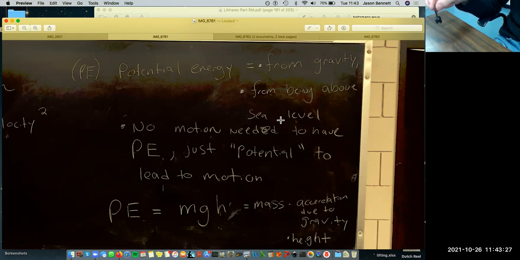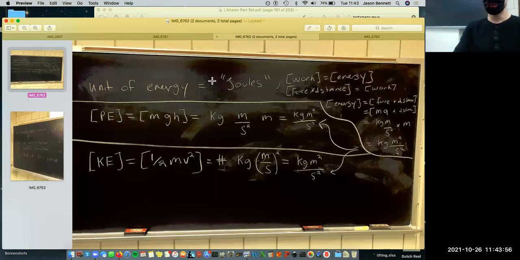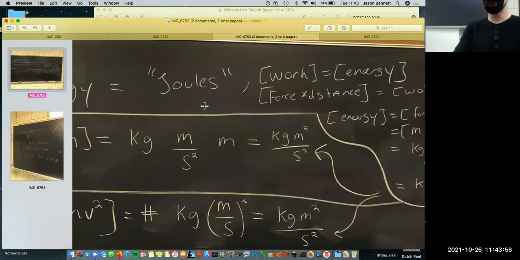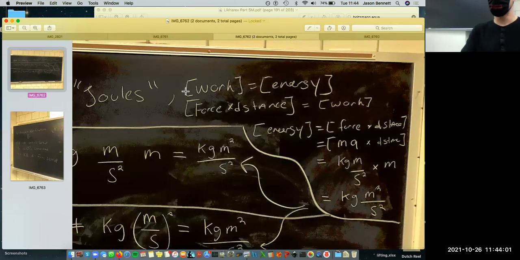And we write this mathematically as the mass of this hanging thing times the acceleration due to gravity, so that would be like the force, m times a or m times g, that's the force of this thing falling downwards. And then we know by the work energy equivalence, or work energy theorem, if we multiply a force by a distance, that's work. If we know that work is force and distance, so the units of work are force and distance, that means we know the units of energy are force and distance because of this, what's called the work